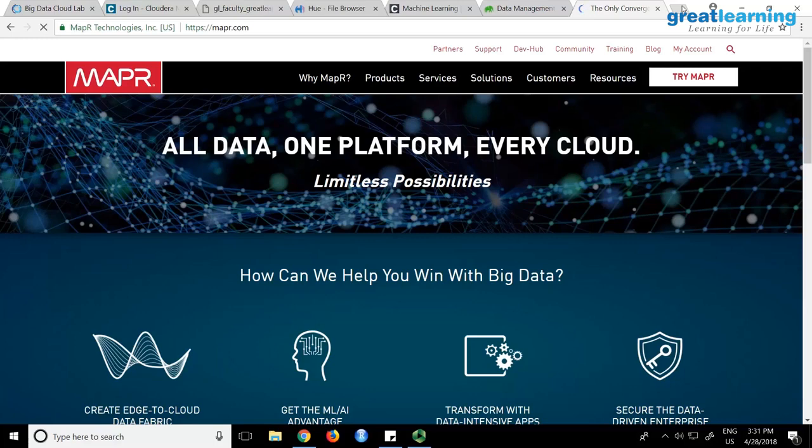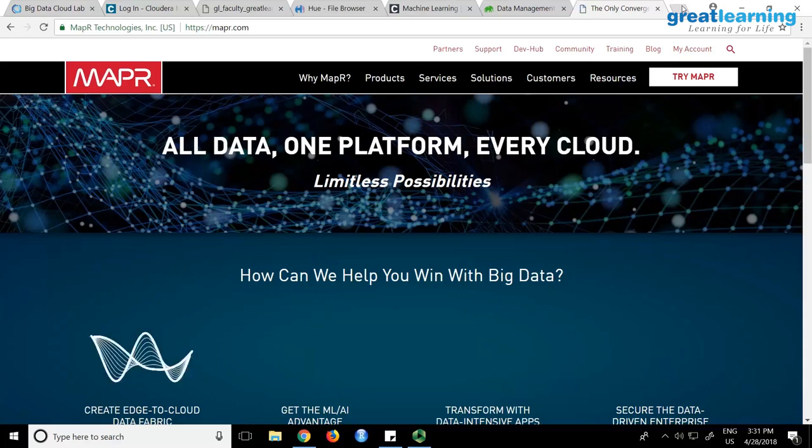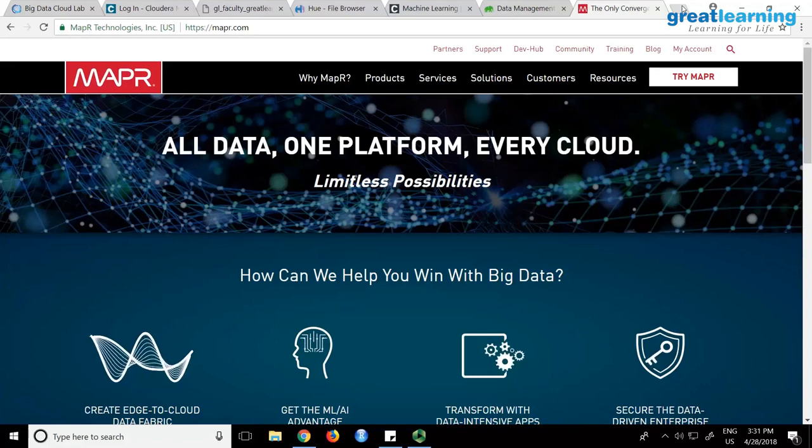Mapr is the third company which is sort of popular. If my information is correct, this company was created by a couple of people who quit Cloudera and Hortonworks, Indians only, right? And they founded this company called Mapr. Mapr is very popular these days, a very popular vendor. The highest paid edition is also Mapr. Mapr's architecture is also very different, not like the traditional Hadoop architecture. For that reason, when I went to GE and Flipkart, they are all using either Hortonworks or Cloudera. They don't use Mapr much.